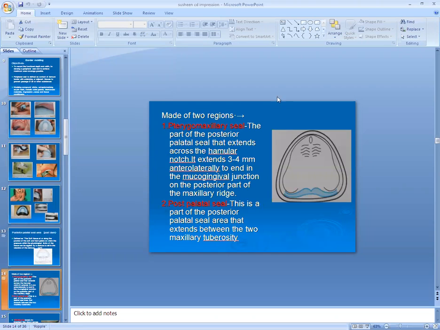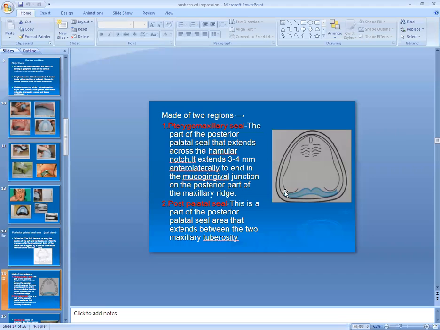So it is made up of two regions: the pterygomaxillary seal, and this is the pterygoid plate. The part of the posterior palatal seal area that extends from one hamular notch to another hamular notch, and extends 3 to 4 millimeter anterolaterally to end in the mucogingival junction.